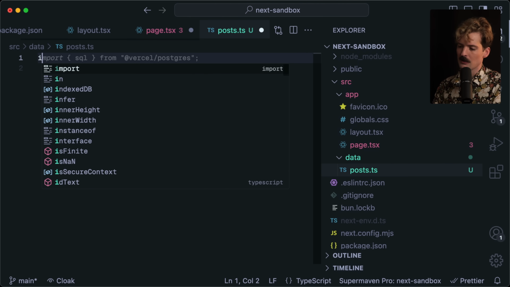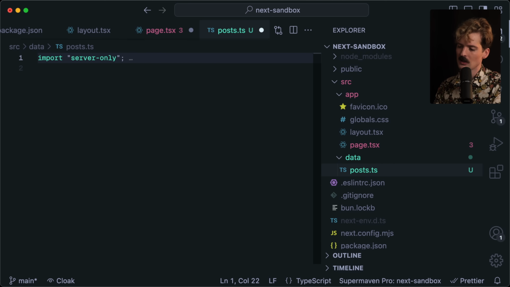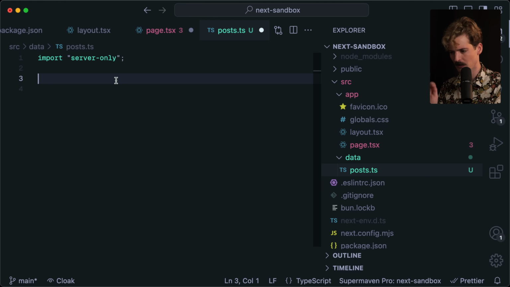One other thing I'll do here to make sure it's clear that this is an option, import server only. This is a package that makes sure your code only runs on the server. So now if we try to import this code in a client component, it will immediately bomb because when you call something with this import, it will error out if you try to use this on the client. So it's a small guarantee if you just want to be sure this only runs on the server. Not necessary. I would recommend it though, especially if you are using one of these hybrid code bases and you have concerns about server-side code leaking into the client. Overblown concern, this will solve it though.